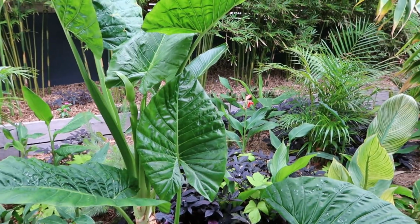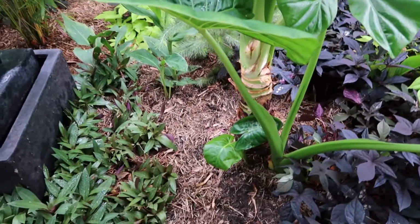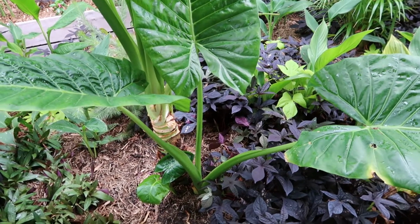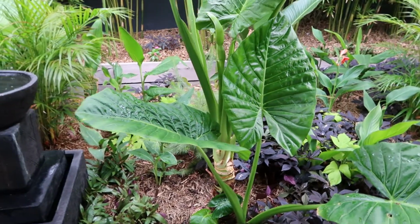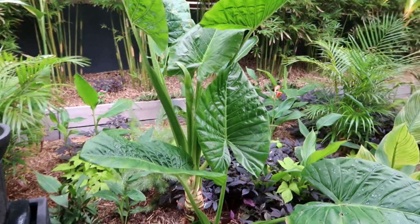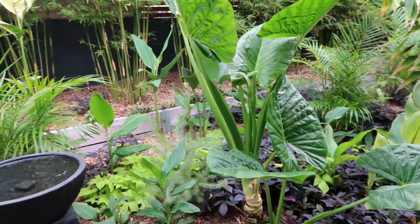So there were 5 pups. We've left 2. One really small one down the front still there, and the biggest one is still there. So we're going to leave that there. When the mother plant dies down, then at least we'll have a decent amount of growth there with the 2 plants. Then moving across,